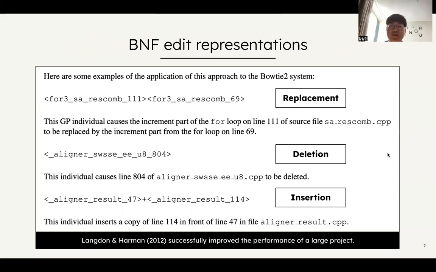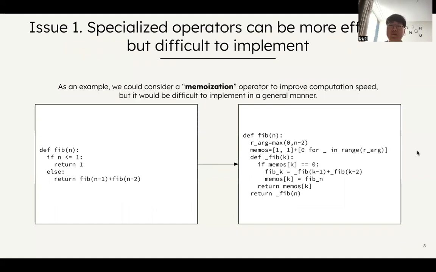Now, there's no rule that says that edit representations or mutation operators need to be this generic. Indeed, we could imagine specialized operators actually being more effective. For example, if our objective was to reduce the execution time of programs, then we could consider a memoization operator to improve computational speed, where by memoizing the results of a function, we could improve execution speed at the cost of increased memory use. Here, this would be difficult to achieve